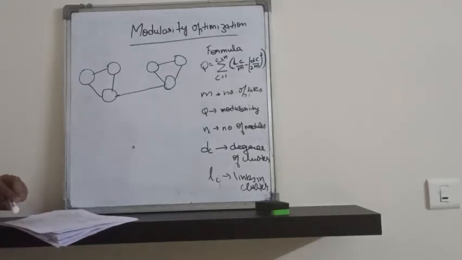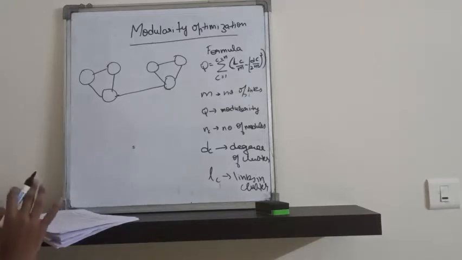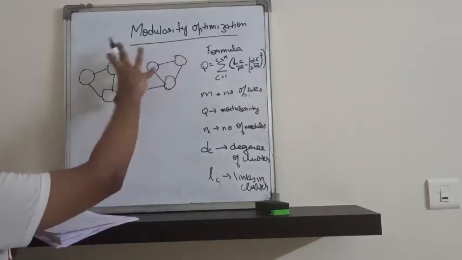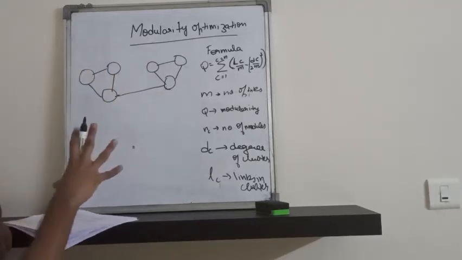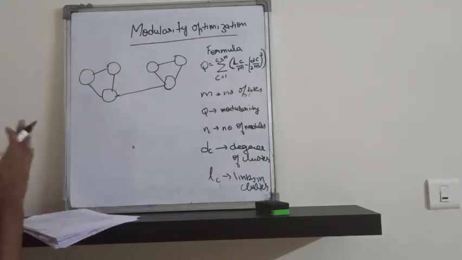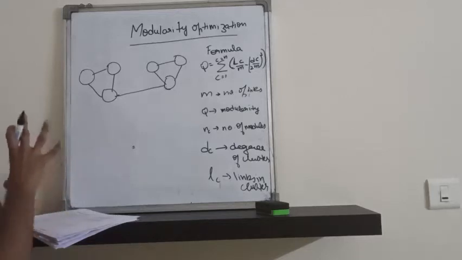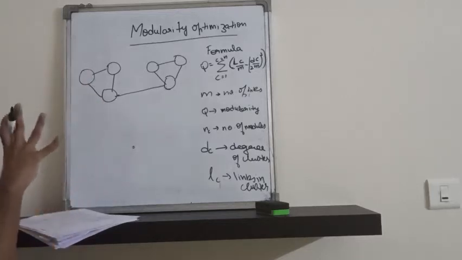So today we'll be discussing modularity optimization. Firstly, what is modularity? Modularity helps us identify groups embedded within a network. Groups, or basically communities of nodes in the network, can be identified by us using this modularity. So in modularity optimization, this is basically used in social network analysis. Modularity optimization is the method in which we find different communities that are present in a particular graph.